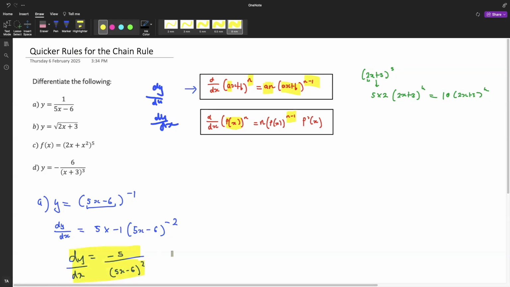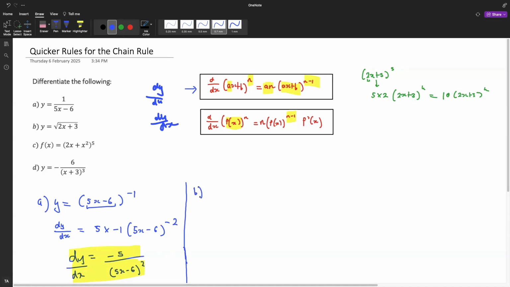This is the more efficient way of doing it. Once you're confident with the rule, then we can start using these quicker sort of shortcuts. But the rule itself is still very important to know. So just make sure we do have a good understanding of that, because then we'll be able to do these